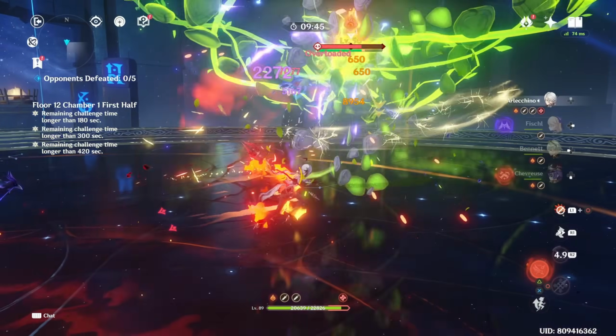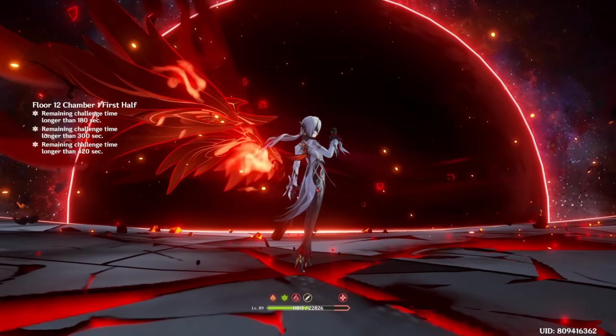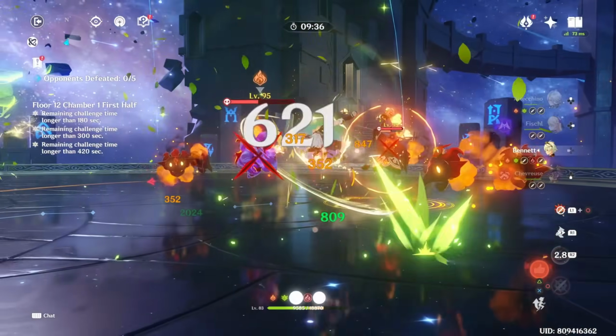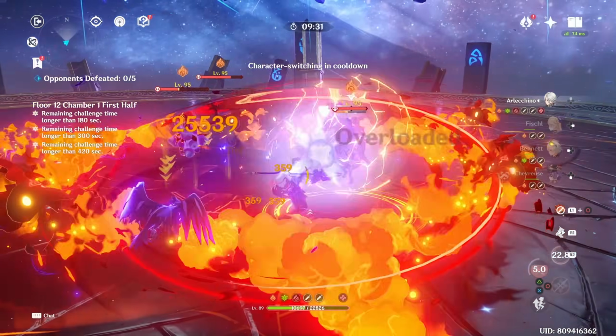So if I understand this correctly, on top of the level 2 damage scaling from her E skill, this will be extra damage that she is doing on the side, which is 600% of her own attack, though it is not considered to be elemental skill scaling. So basically, you